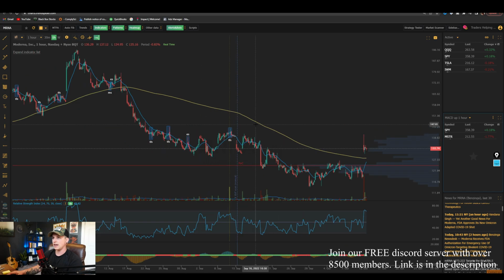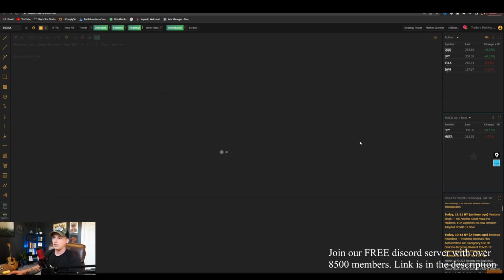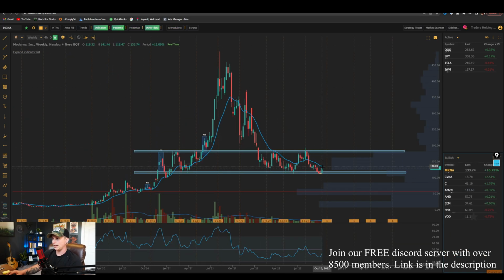Looking at this shorter time frame here at this 1 hour, we have pushed it up. We are holding this range. And if we actually go through and take a look at a daily chart, you're going to see that there's a big point of control that we need to push through here. So heavy resistance is looking like Moderna will probably not be able to push through 140. And I do ultimately think that we will probably get slapped down and continue to move back down to that